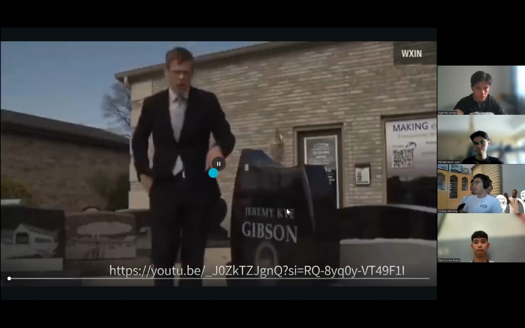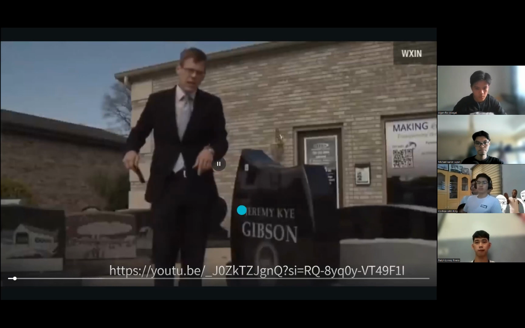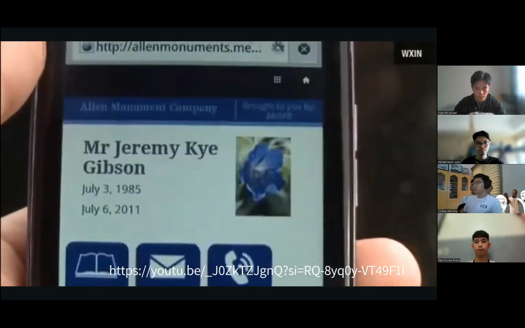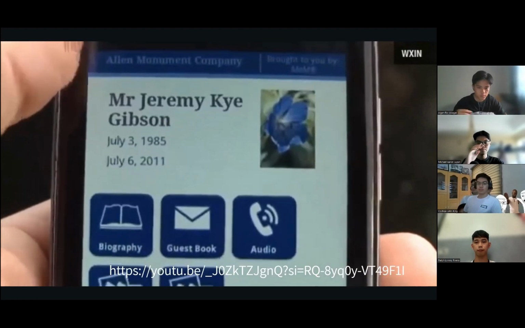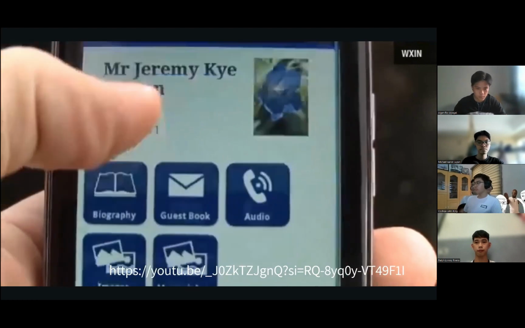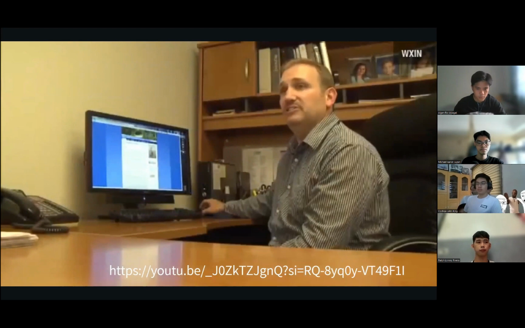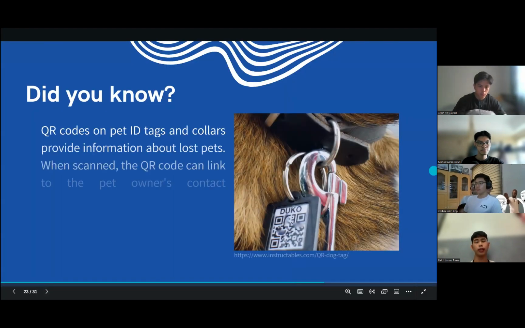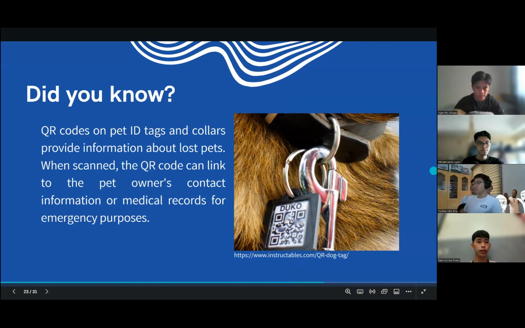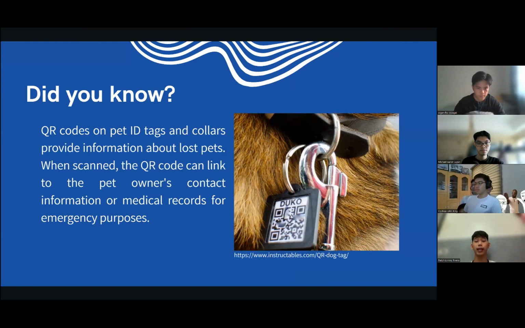Right on the gravestone, and it'll take you to a link where you can access an interactive memorial page that includes a biography, guest book, even audio clips. They can update it anytime they want. They can change pictures. They can change their audio messages on there. Loved ones can even upload a